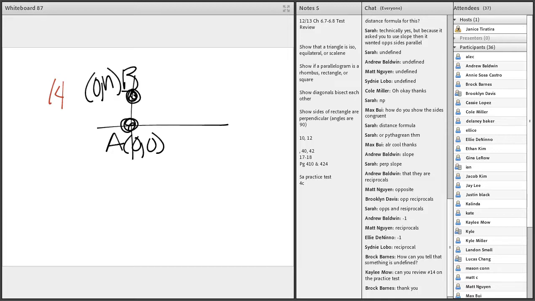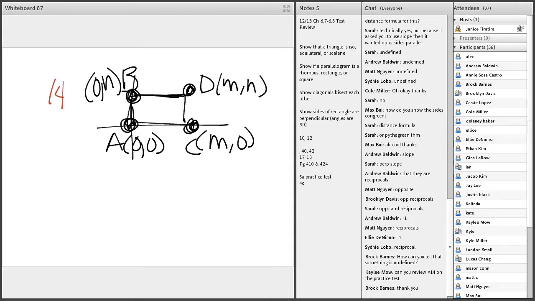And M0, I guess I'll call that C. And then MN, I'll call that D. So this is a rectangle. If you go in order, this is rectangle A, B, D, C. Or A, C, D, B. Anyway,